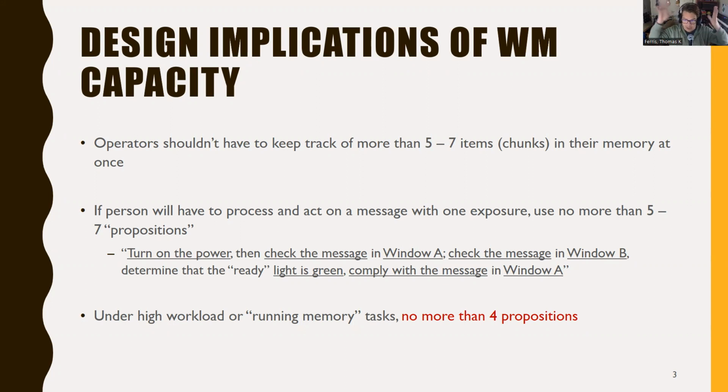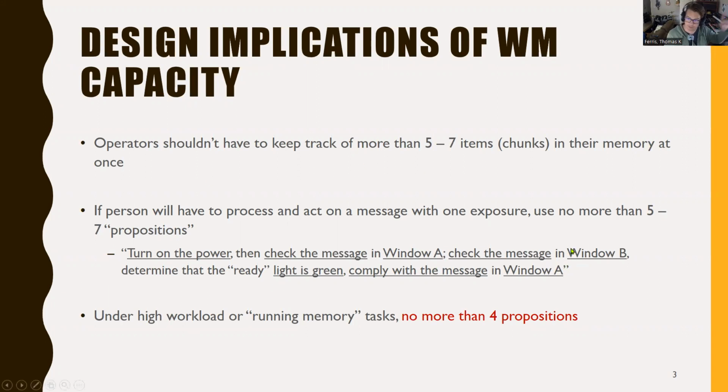People have capacity slots for doing whatever they're doing at the current moment. So if you can assume that a human will get one chance to get a message, and then they have to act on that message, you have to consider that they can only carry 5 to 7 chunks of information with them in acting on that. So if I go over here and I read the manual about what I need to do, and the manual says, all right, turn on the power, then check the message in window A, then check it in B,